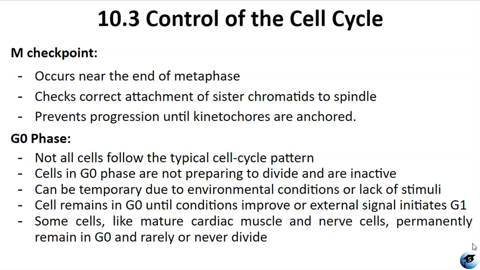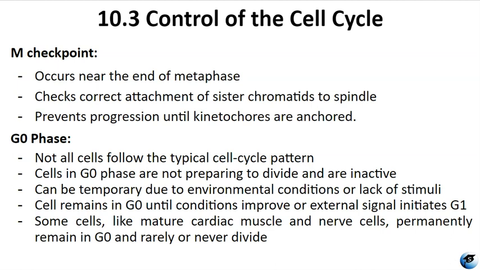Not all cells follow the typical cell cycle pattern of immediate entry into interphase followed by mitosis and cytokinesis. Cells in the G0 phase are not actively preparing to divide, they're in an inactive stage. So this can occur when cells exit the cell cycle either temporarily due to environmental conditions or permanently in cells like mature cardiac muscle cells or nerve cells. Cells in the G0 phase remain in this phase until conditions improve or until an external signal triggers the start